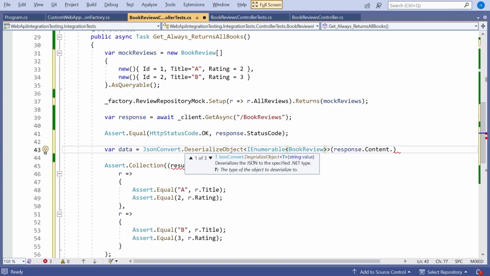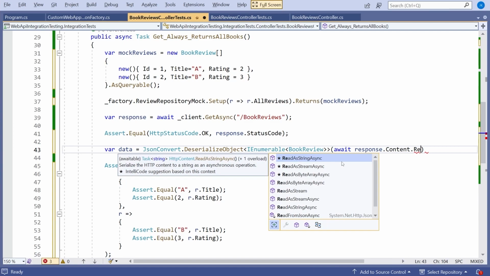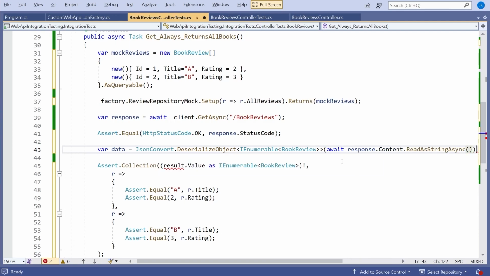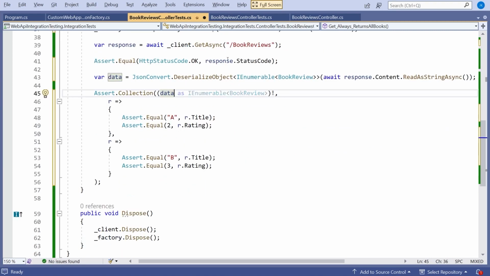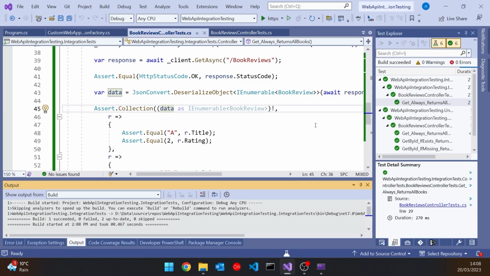And then we do that on await response.Content.ReadAsStringAsync. So that will unpack the data from the body of the response. And again, that's something we want to do to make sure that our JSON formatting is working correctly. Then finally, we just need to pop data in there, and that should all be okay. And so now that, as well as simply testing that the status is correct, we're also going to be getting the correct result. And once we've done that, we can now move on and do that for the other tests